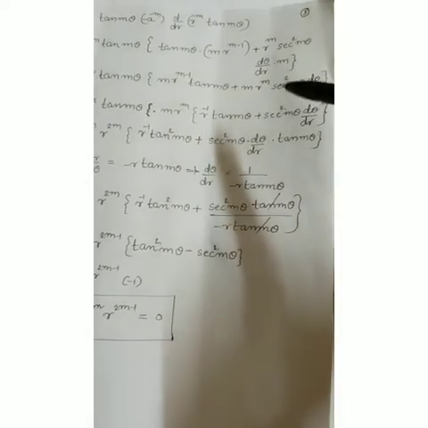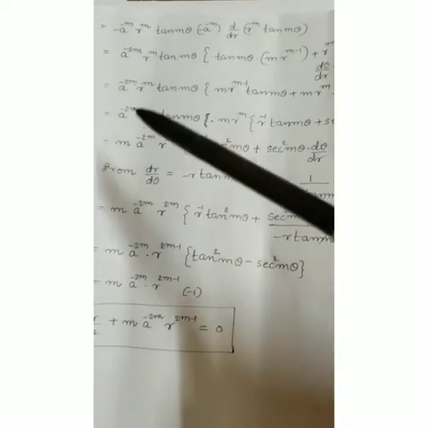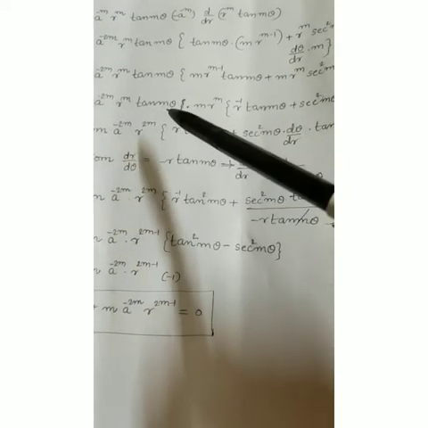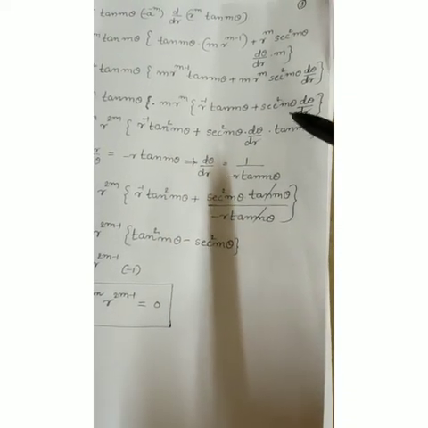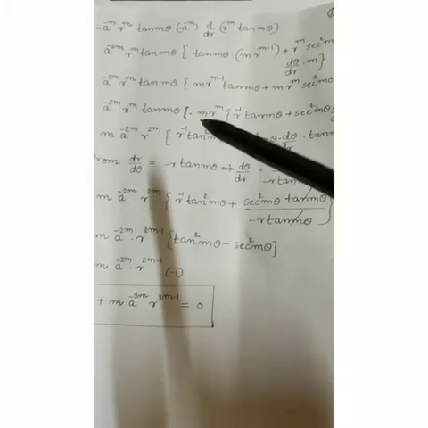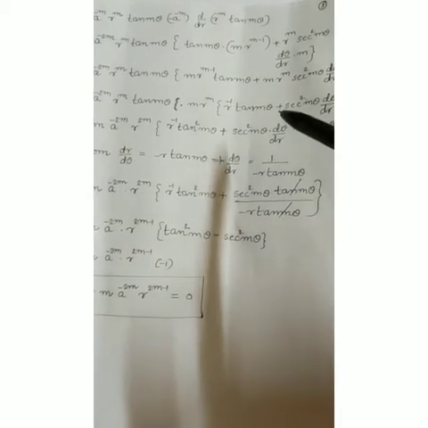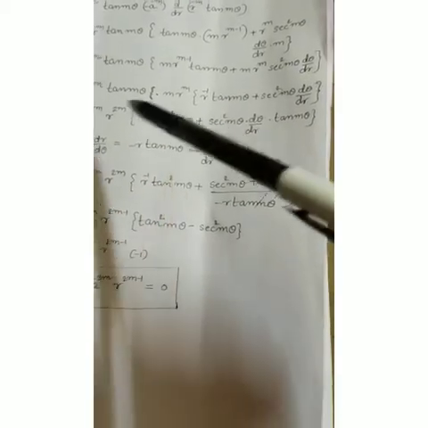Again, differentiating, we get m. So a to the power of minus 2m, r to the power of m tan m theta, of m into r to the power of m minus 1 tan m theta plus m into r to the power of m into secant square m theta into d theta by dr. So here, taking m into r to the power of m common: r to the power of minus 1 tan m theta plus secant square m theta d theta by dr. So here m into a to the power of minus 2m into r to the power of 2m, taking tan m theta into the bracket, that is r to the power of minus 1 into tan square m theta plus secant square m theta d theta by dr into tan m theta.